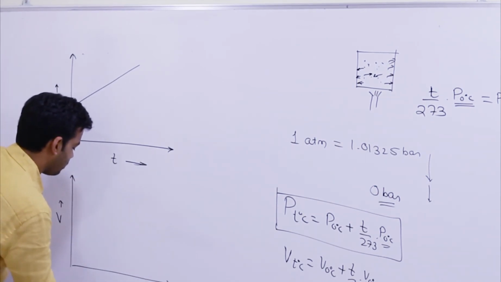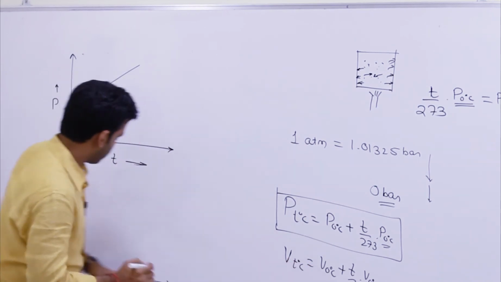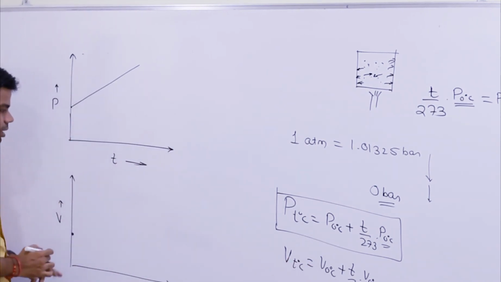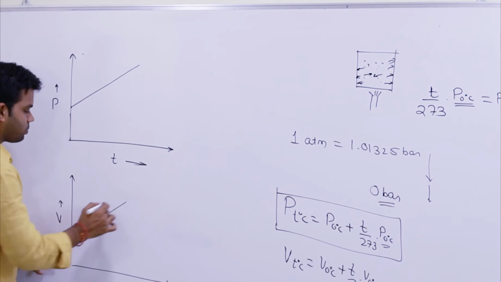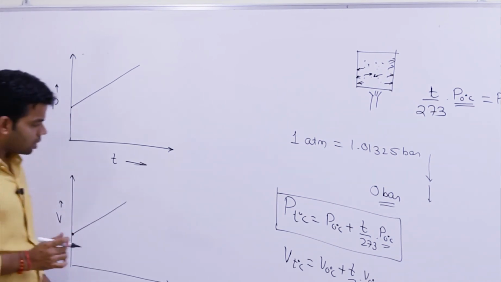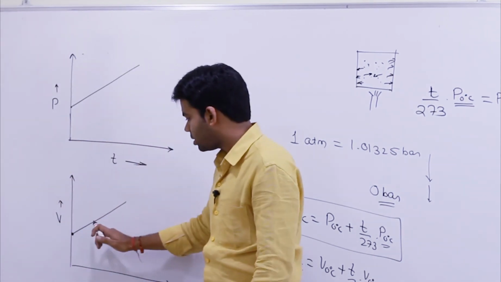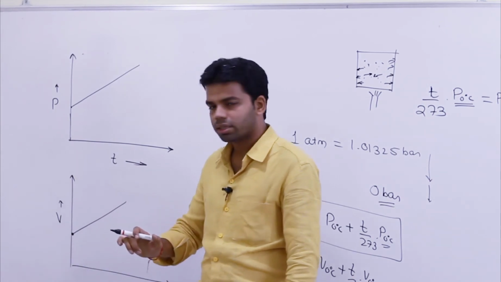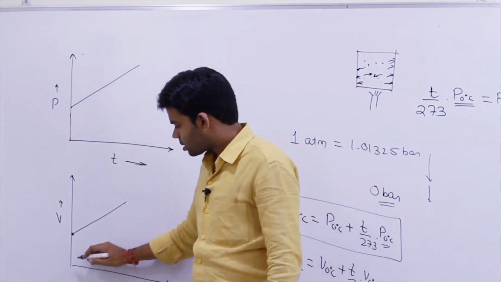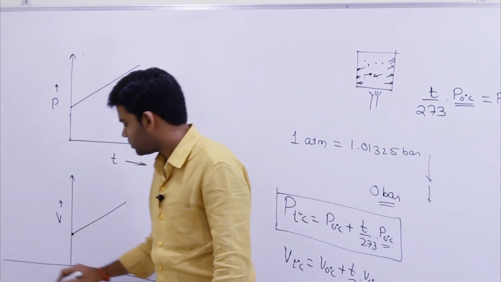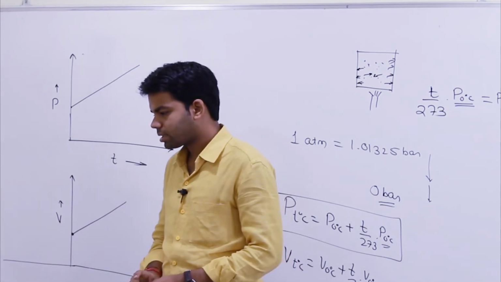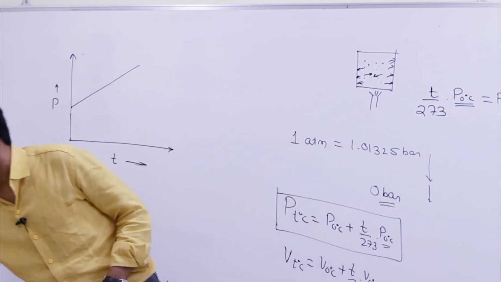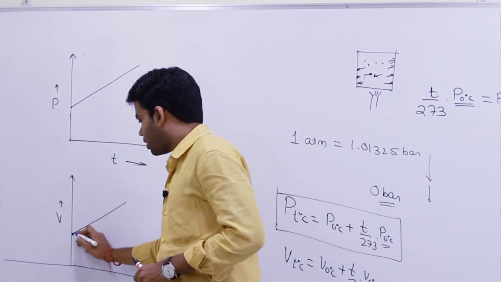V versus T graph. Okay, at 0 degree centigrade we are having certain volume, let's suppose here. Okay, and with increase in temperature this volume is increasing. Okay, now what does this mean? This means that here we are having a certain volume V 0 degree centigrade. अगर मैं इस स्केल को पीछे की तरफ ले जाऊँ, okay, if I am extending this scale backwards, so what will happen? There will be a point somewhere